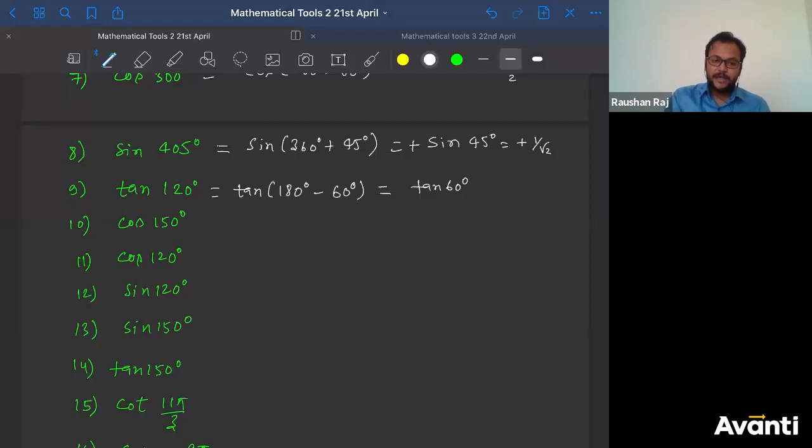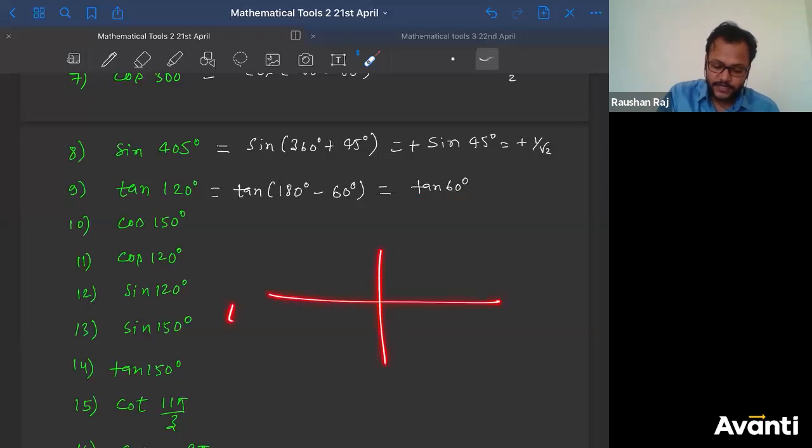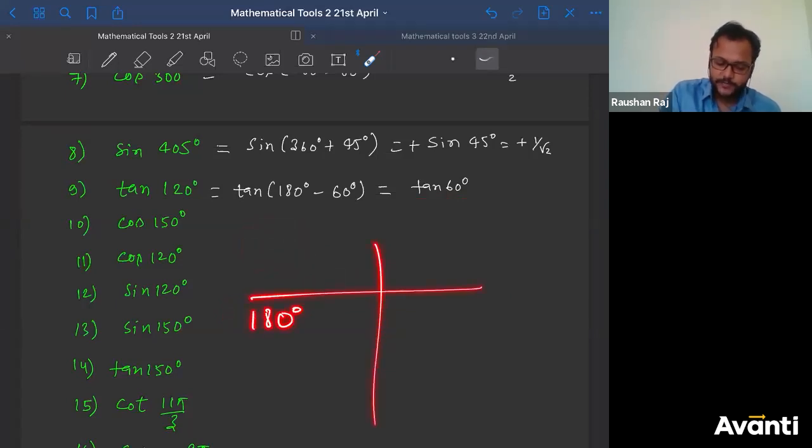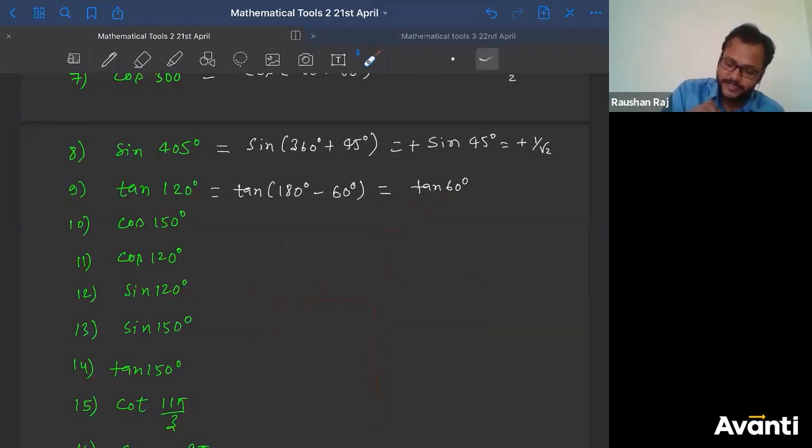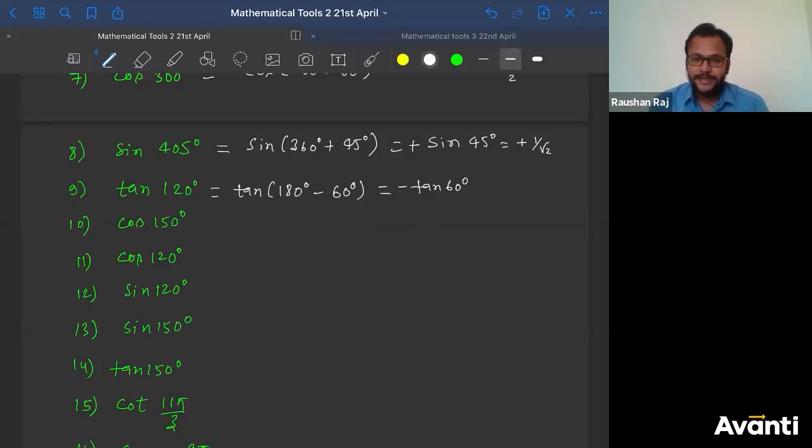Chalo, देखो. So tan 180 minus 60, ठीक है. So this is in terms of n pi plus minus theta, so I'll be writing here tan 60. Now what about the sign of this trigonometric function? In which quadrant will this angle lie? 180 minus 60. So this is 180 degrees. Minus means clockwise में आना पड़ेगा, ठीक है. So this is the second quadrant. और आसान ये है, this is 180 degrees, this is 90 degrees. Where will the 120 lie? In between 90 and 180. So second quadrant. In the second quadrant, tan theta is what? Negative. Answer. ठीक है. Tan 60 is what? √3. So minus √3 is the correct answer here.